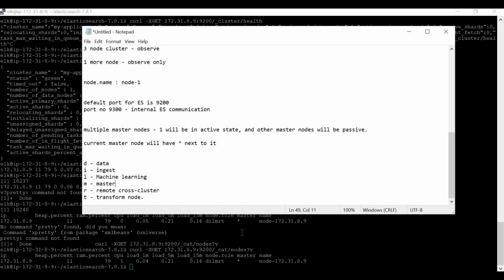As of now, the most commonly used are MDI, because machine learning, by default only limited machine learning scope is available in the basic version. Apart from that, if you completely want to utilize machine learning, then you have to purchase a license for it. Only then all of these will be available. Now I'll discuss more on this in an upcoming session. By default, all of these roles are in enabled state. You only have to disable them. How can you disable it? You have to go to elasticsearch.yml, and as per your need, you can disable it.